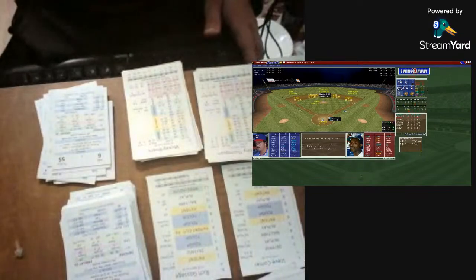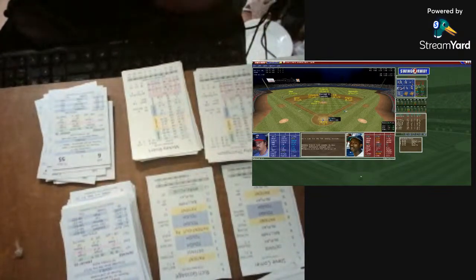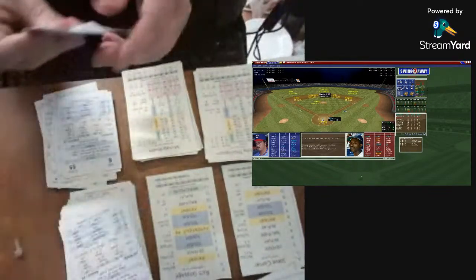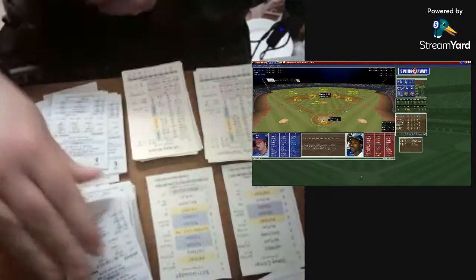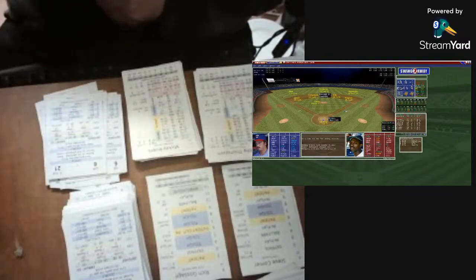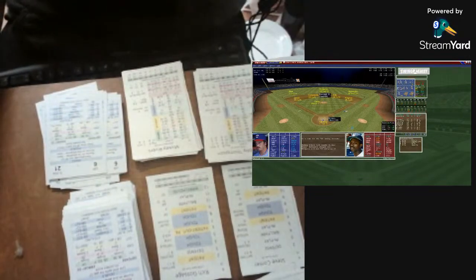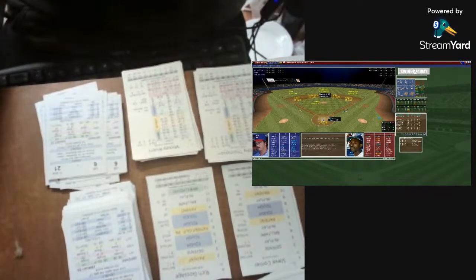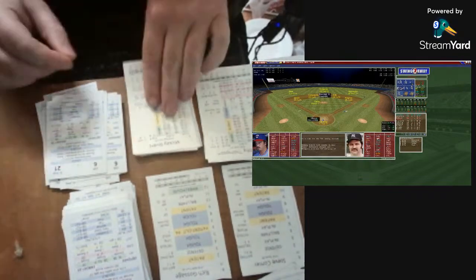Top of the 10th, tie ball game. Rivers against Comer. And the pitch. It's an 8. That is going to be a tough for Rivers. That's a 21 on a tough. Struck him out. So Rivers strikes out. The speedy Randolph could not move. Great hitter to have in this situation. He's 2 for 4 in the ball game.